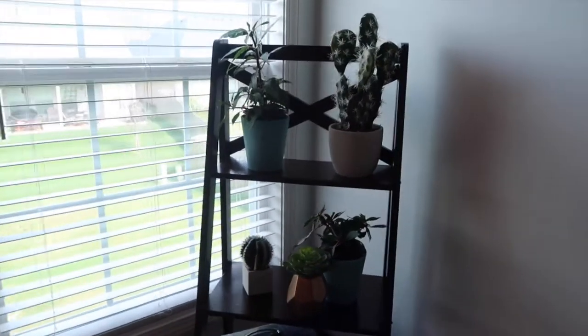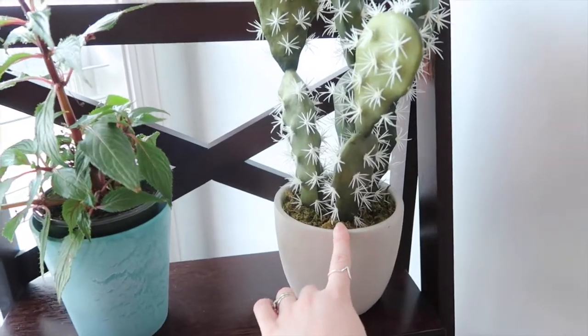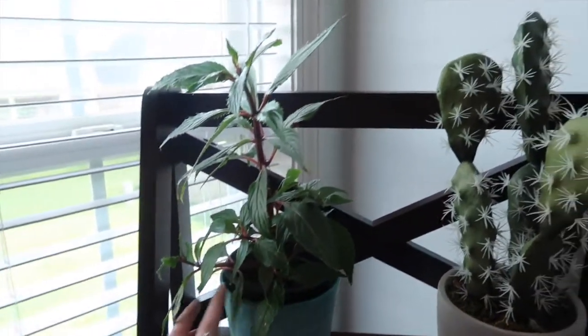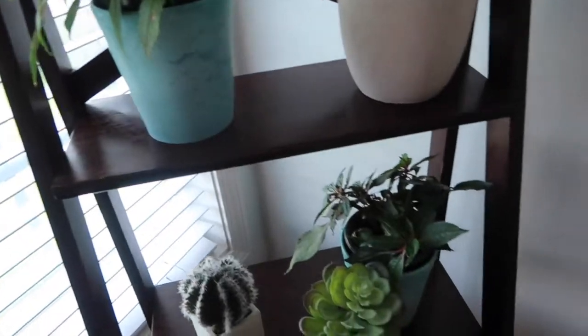So over here is my little plant stand. This is fake from Target. I love it. This is real. And I do forget what kind of flower it is, and it doesn't have any flowers at the moment. I forgot to water it for a few days, and it got kind of droopy and sad. This one is the same